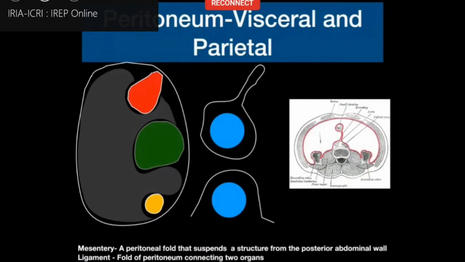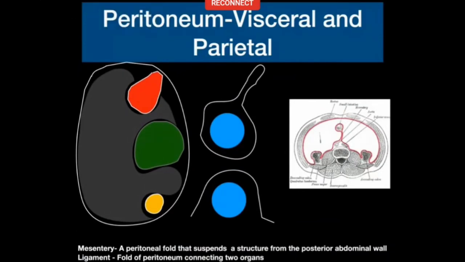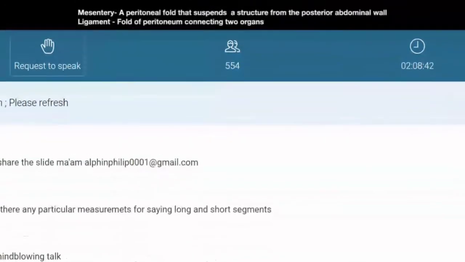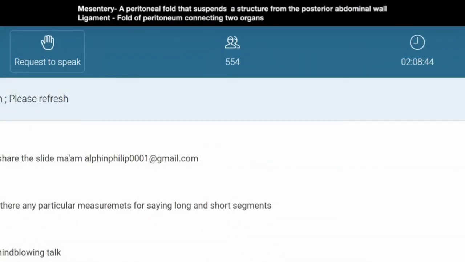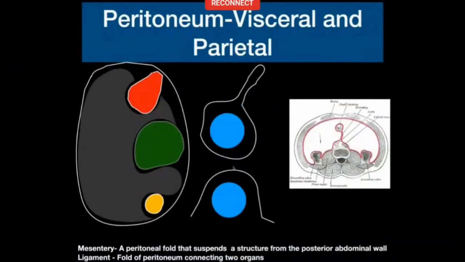So here we go. Peritoneum is a serous membrane which covers the inside of the abdominal wall. All of you know this. And what happens is when the organs grow from the posterior abdominal wall, they indent the peritoneal cavity. When they indent it, they can be either totally covered by peritoneum, like this, in which case they are called intraperitoneal, or they can be covered only on the anterior surface, in which case they are called retroperitoneal.